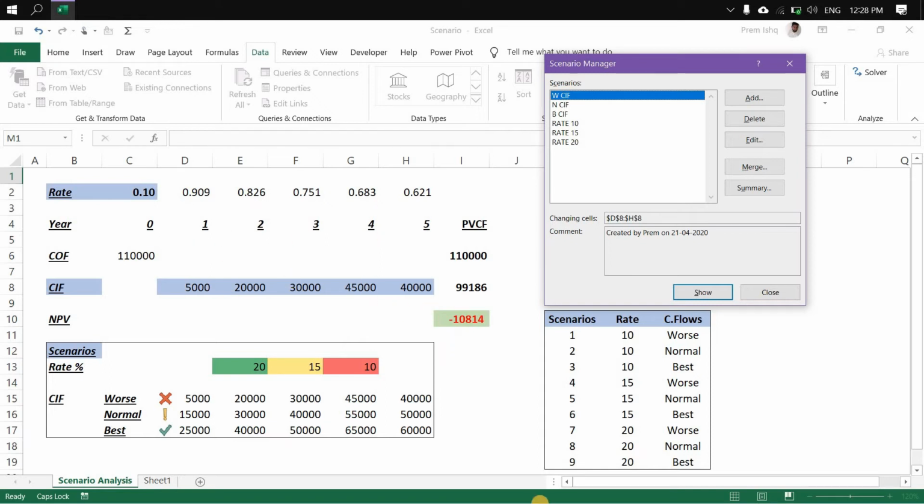Getting my point? Now let us see the last scenario, rate of 20 and best cash inflows. So click on rate 20, double click, rate 20 is applied, best cash inflows, yeah, applied. So see, at the rate of 20 with the best possible cash inflows, this is my NPV, which is 23,000. Again the same. Let us see the seventh case, rate of 20 which is already selected and worst cash inflows. So I need to change only worst cash inflows, so double click only on that. So worst cash inflows are taken into consideration.